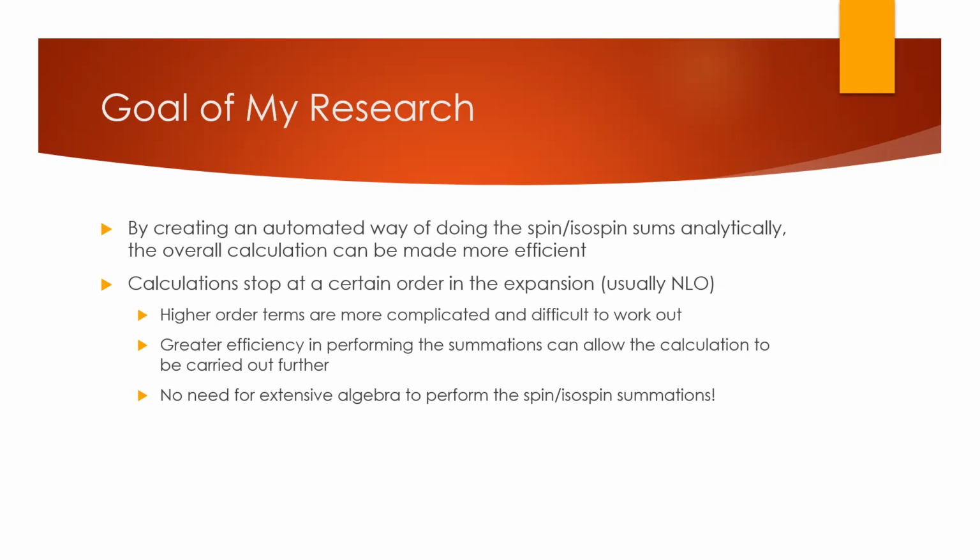There's also a more minor possible application: if this can be made much more efficient, we can take these calculations in the perturbation expansion to higher orders, more complicated Feynman diagrams, just because we can if things get a lot faster. By design, usually those terms contribute less, and so nothing major is expected to be discovered, but it would be important to verify that we know how these different interactions contribute to the equation of state overall. Okay, and that's